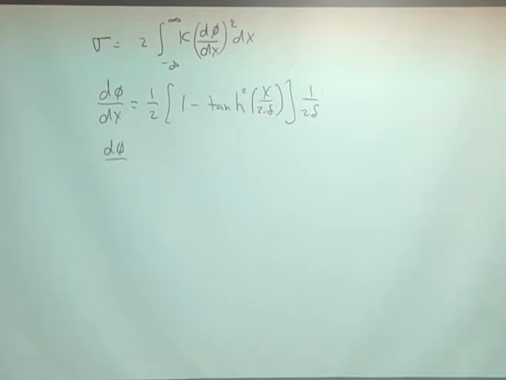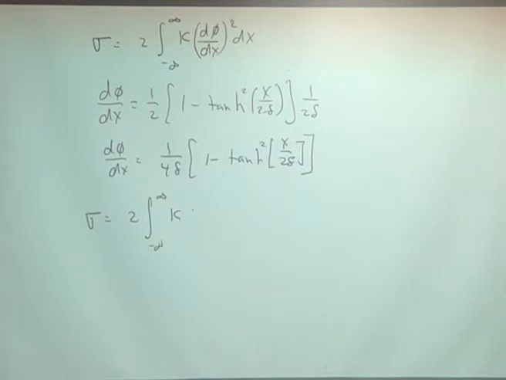So we put that back into sigma, and that is equal to k over 8 delta squared